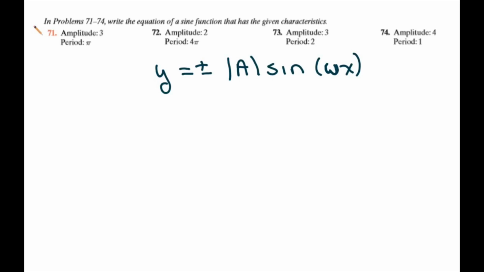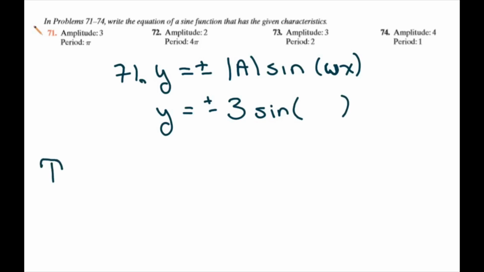So first of all, we'll write y equals, remember the amplitude has something to do with the plus or minus. That's the reflection, and they're not giving us that. So for this first one, call this one 71, our amplitude is 3, an absolute value of 3 is just 3, sine, and then our period,